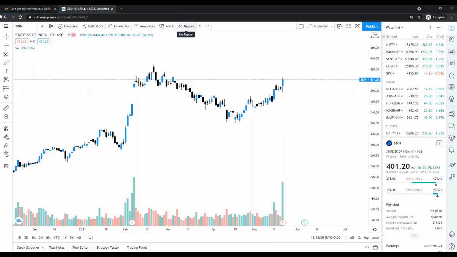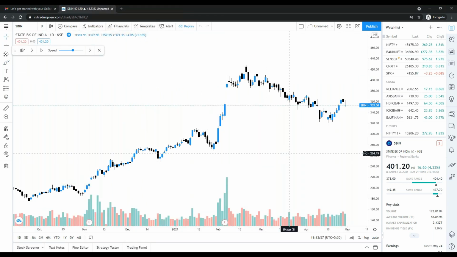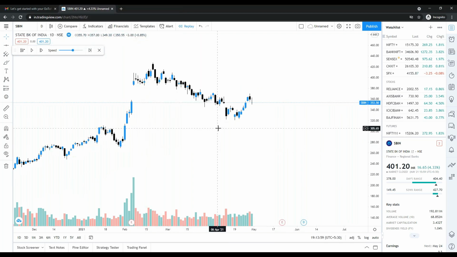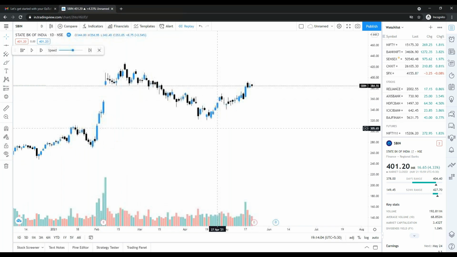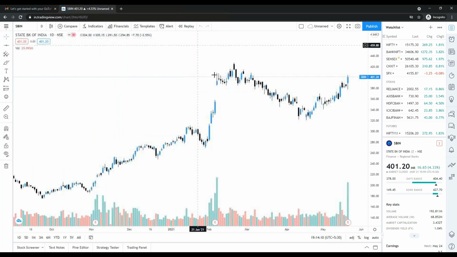Then the replay bar, I hope you will not get this. This is with the premium. So if I click on this, okay, it's working. Replay will give you, and you can press shift and the right arrow, and you can see this is how you can use the replay button. This is used for backtesting. Maybe you can use that. I thought it would come with the premium one, but I think it is also coming with the free version. Okay, fine. And if you want to save a chart, you can save it over here.